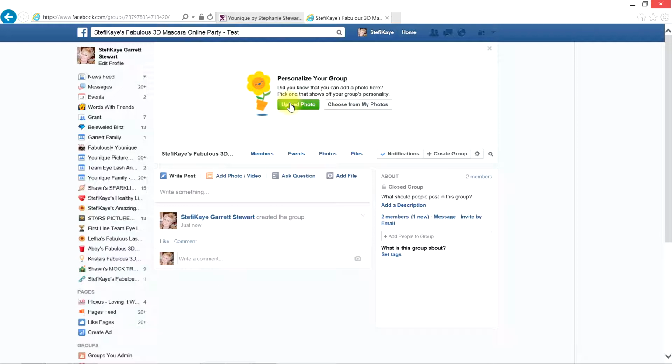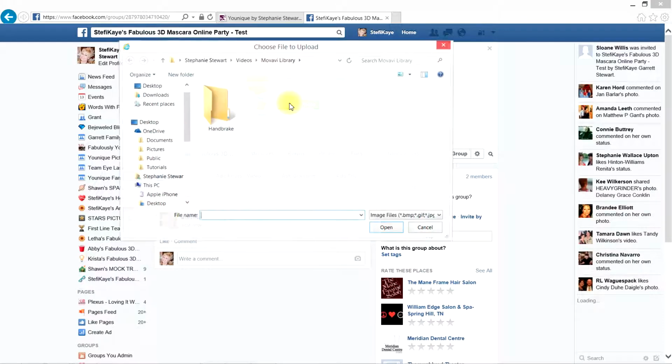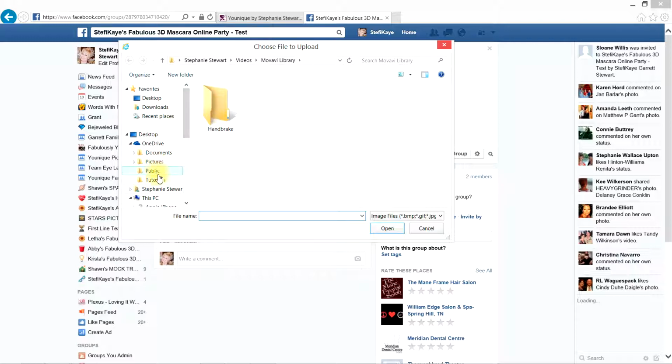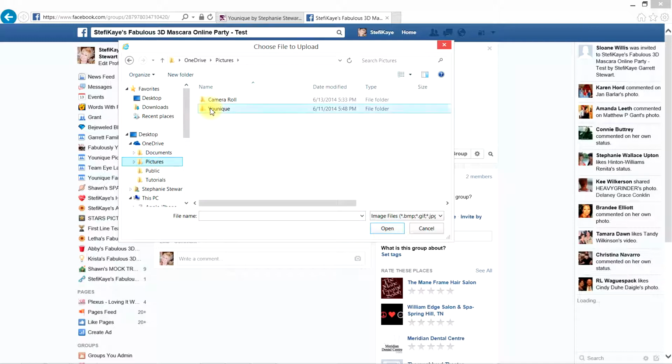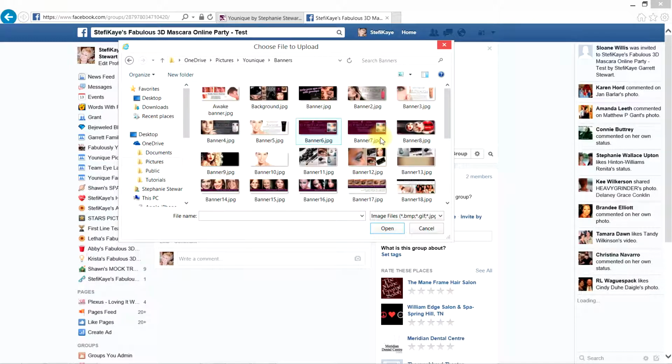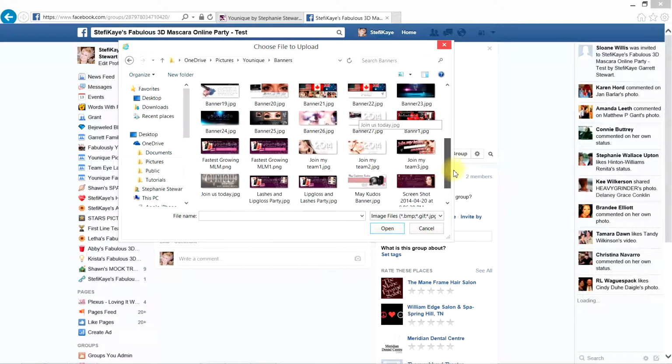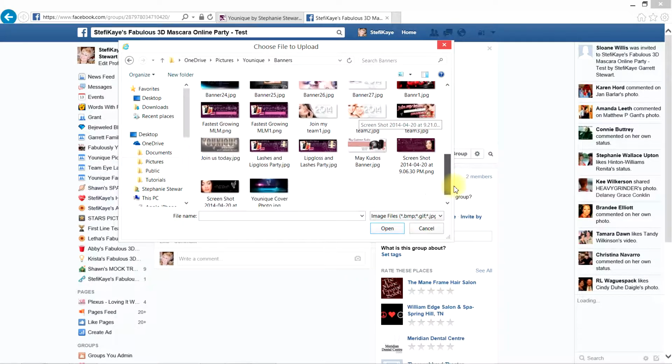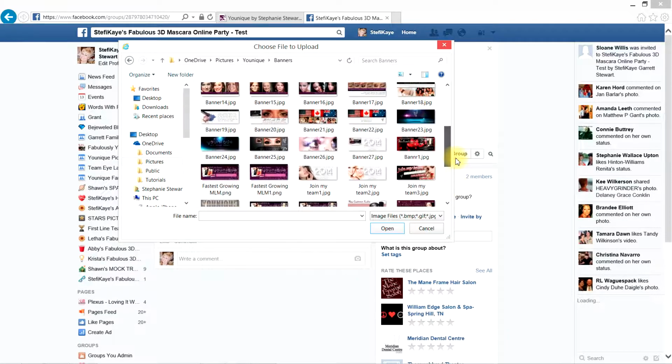You will then go and upload a photo, and I usually create a banner personalized to the party host name. So in other words, I'll go to my pictures, Younique banners. So I've got all these banners that I can choose from, and when I have a personalized party, usually I